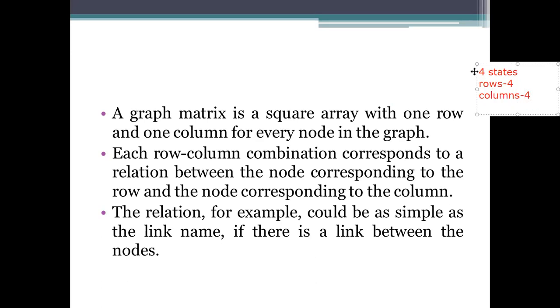If any connection is there, meaning any transition or edge, we will write the weight of the edge at that place, at the intersection point we are specifying. So, for example,